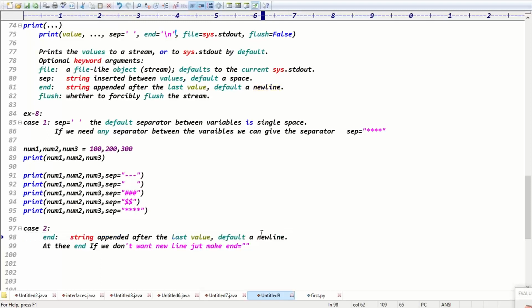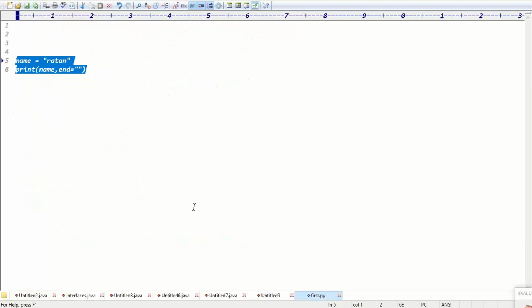That's the control for automatically moving to the new line. If you don't want a new line, just make end equal to empty. It means it won't take the new line, right? Yeah, that is called end versus separator.